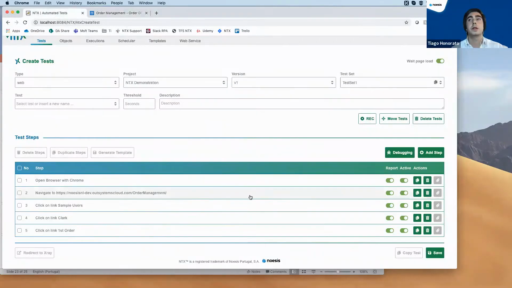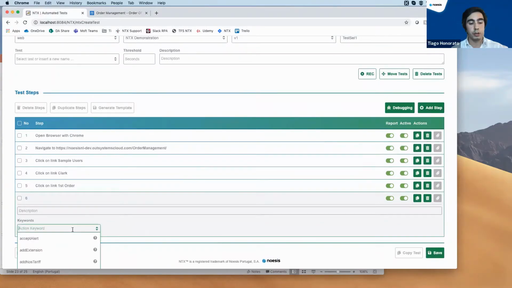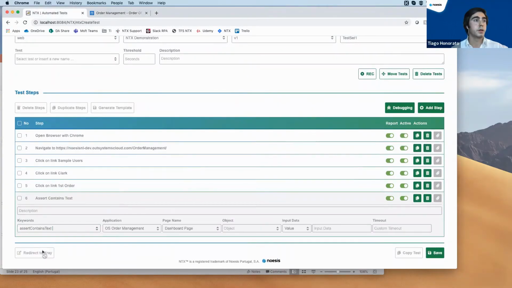So how can I do that in NTX? We have here a very special keyword, the assert contains text, and I have to choose that label. Okay, when I captured that label, I said that the label name is label total amount, belonging to the order page, belonging to this application.